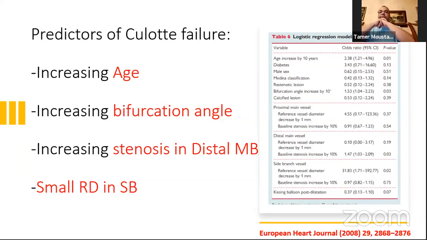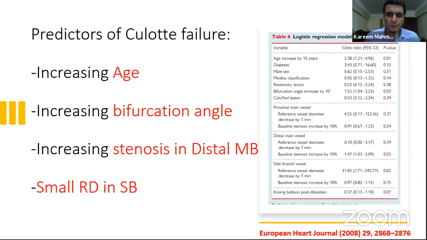Karim, if I want to ask, when this situation is compared with provisional stenting, such a side branch may be not equivalent in size to the main vessel. Okay, in this case, do you want to do a kissing balloon and keep the option of putting a reversed stent by crush or mini crush technique, rather than put a Culotte technique, especially when there's a difference between the size of the side branch and the main vessel?